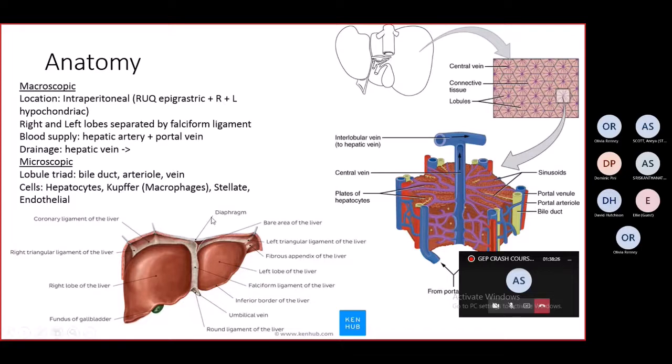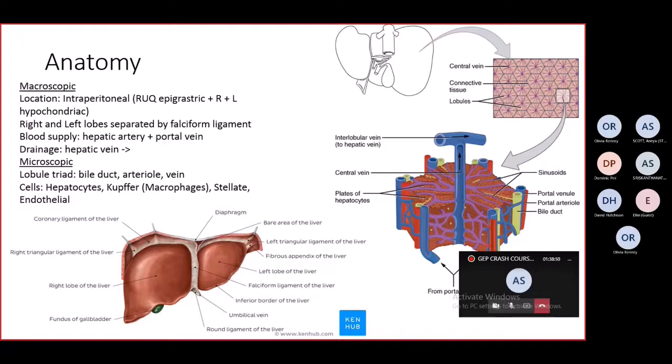So talking about the blood supply now. The liver is one of the organs in the body that has a dual blood supply. In terms of its arterial supply, it's got oxygenated blood coming from the hepatic artery, which comes from the celiac trunk, which, if you think about your 3 major arteries that come off your abdominal aorta, your celiac trunk is your first one, and that comes off at